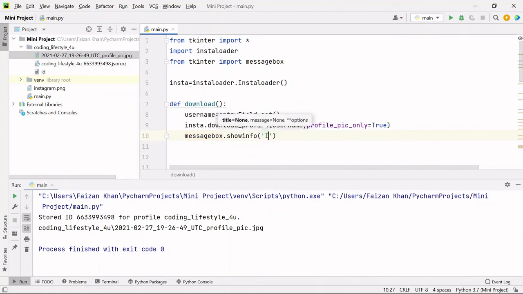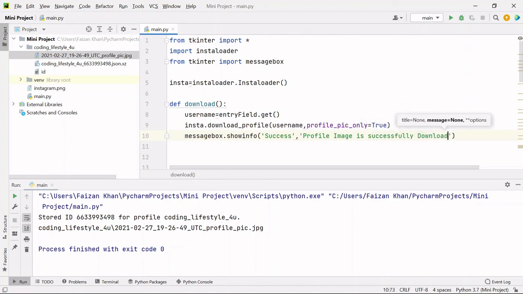So the title will be information or success. And then the message would be, profile image is successfully downloaded, like this. Now if I run it